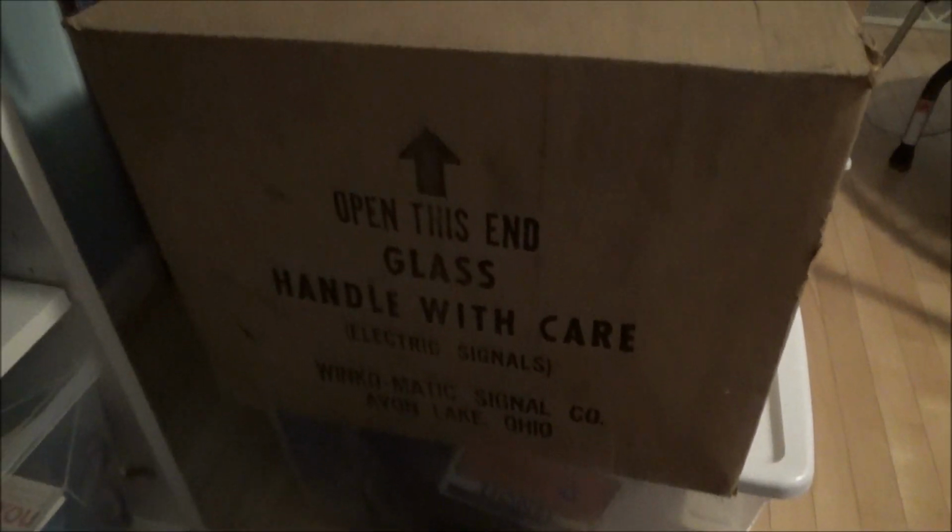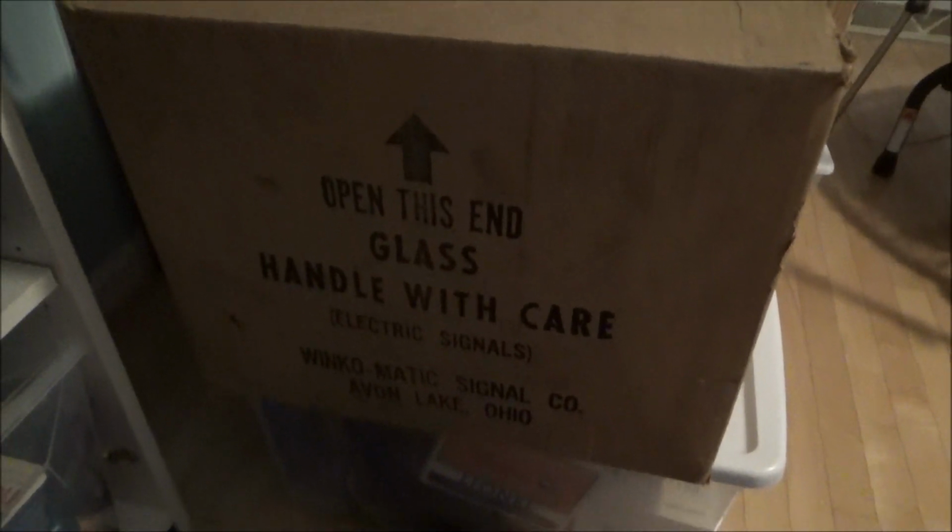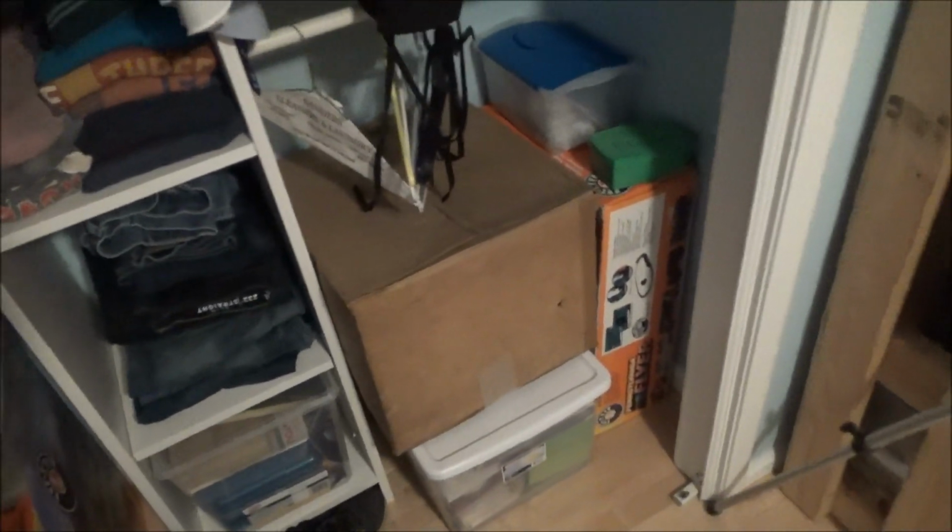In fact, right here is the original box for it, as you can see right there. It says Wincomatic Signal Company, Avon Lake, Ohio. This came from a signal shop up in New York that a person bought it from. You got 4 of these. They put them online. First on Highway Dividers where 3 of them were bought up, including where I got mine, in fact. And then the last one was put on eBay